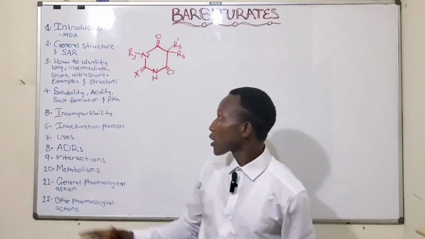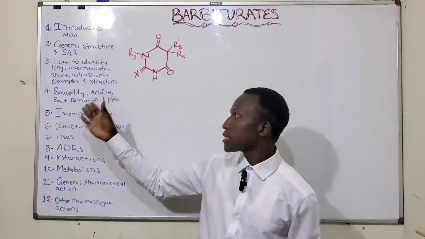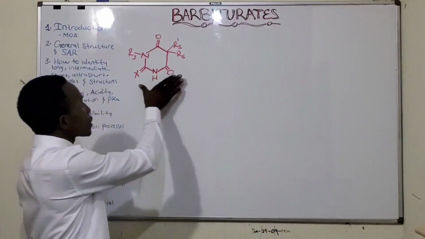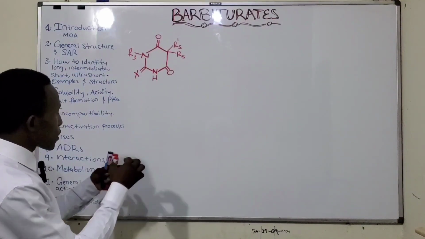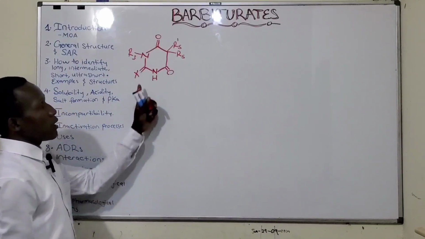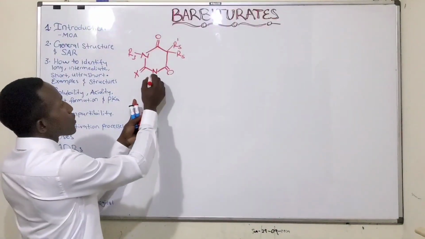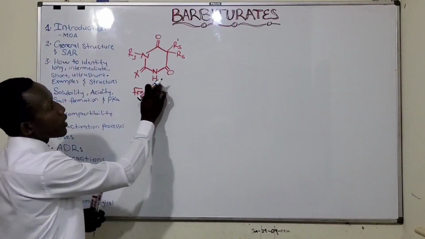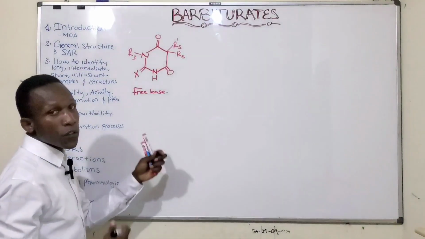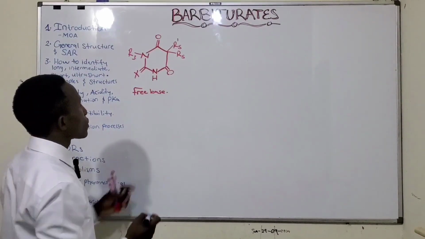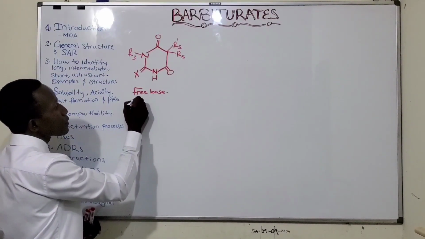Same kind of guy. Let's talk about the solubility, acidity, salt formation, and pKa. We have a structure here. This is a drug, and say that these drugs are acidic. This is an acidic drug because it can lose this hydrogen atom in the solution. The nitrogen atom here and the oxygen atom are not nucleophilic enough to break the hydrogen bonds of the water molecules. So the drug is water